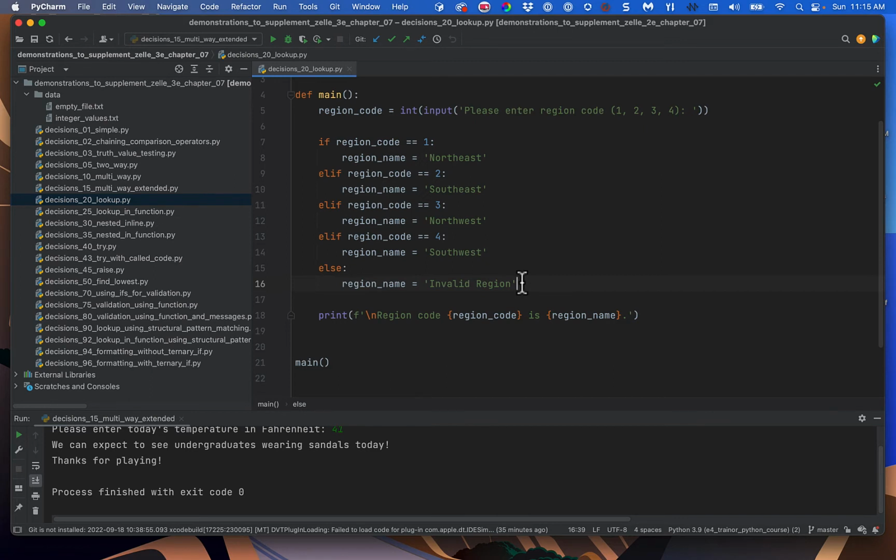Well, that's true, but what often happens is that requirements will change, right? And we'll come up with another sales region. Maybe it's called central. It's the middle of the country, and it's going to be region 5, and somebody forgot to come back